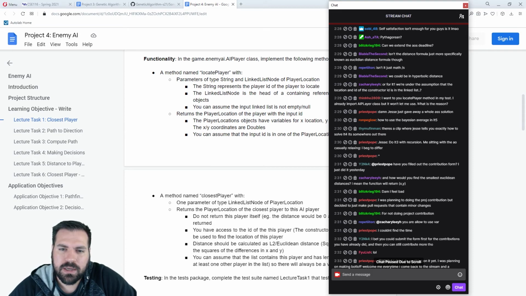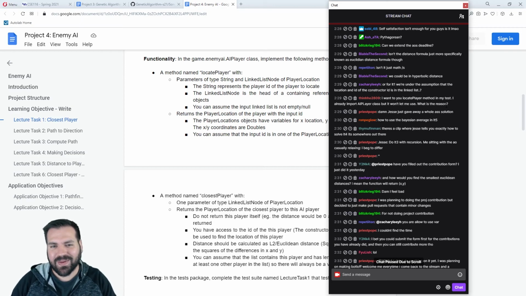I want to use locate. So you have to create a new instance. So I'll tell a little bit of a story on this one. You import AI player. You have to create a new instance of an AI player. So you have an object of type AI player, and then you can call locate player through that object. This is because that method is in the AI player class. All the methods are in the AI player class, which means you need objects of that type to be able